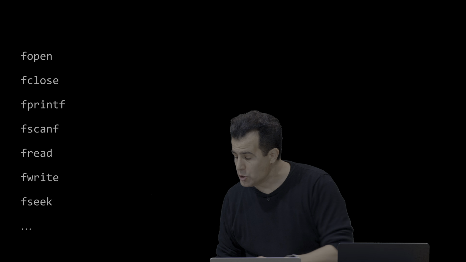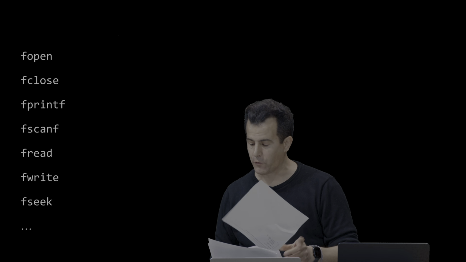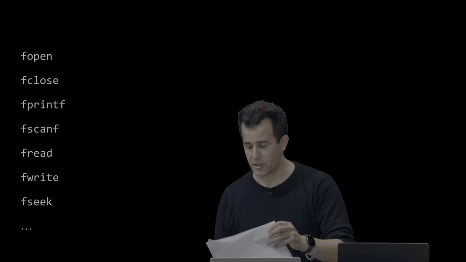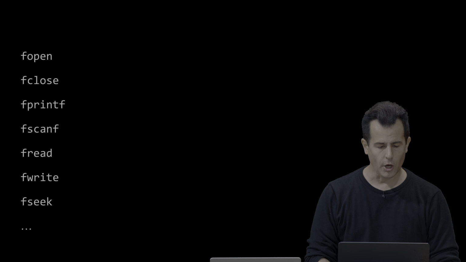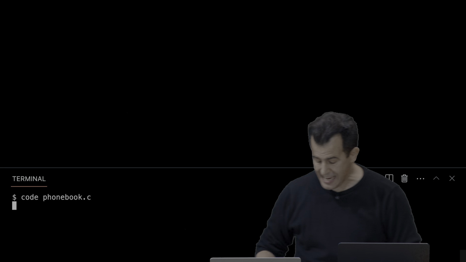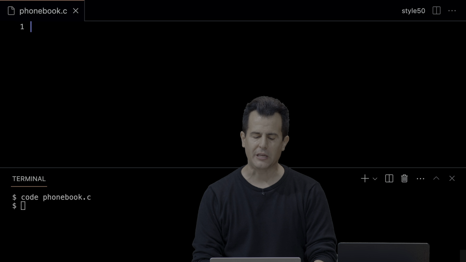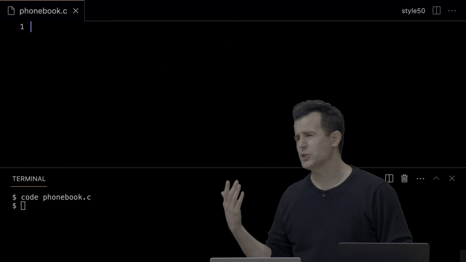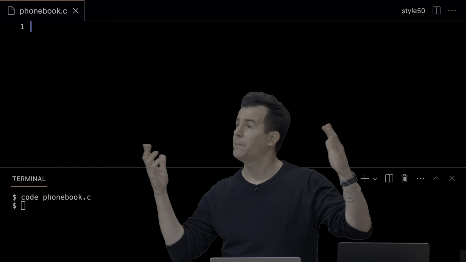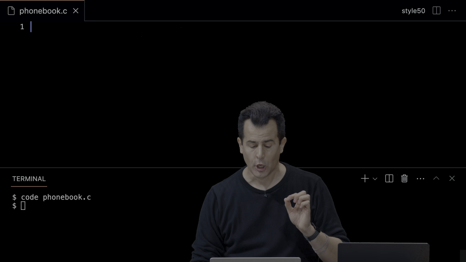So to give you a sense of what you can do with it when it comes to manipulating files, let's write just a couple of final programs, for instance, that let us manipulate some of this code for us. In fact, let me go ahead and open up here in VS Code a new file called, say, phonebook.c. And in phonebook.c, we're going to implement now a version of the phone book like we did in the past. But in this case, we don't actually have a forgetful program that prompts the user with getString for a couple of names and numbers and then just forgets about them altogether. This version of the phone book is actually going to go ahead and save them persistently to a file for